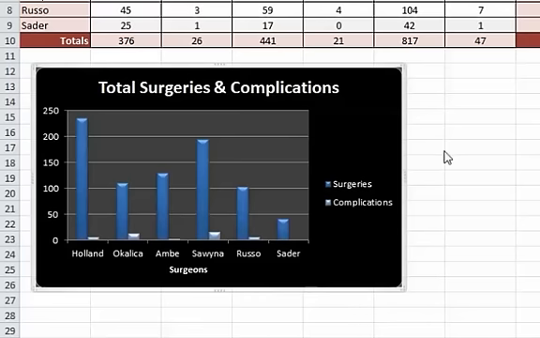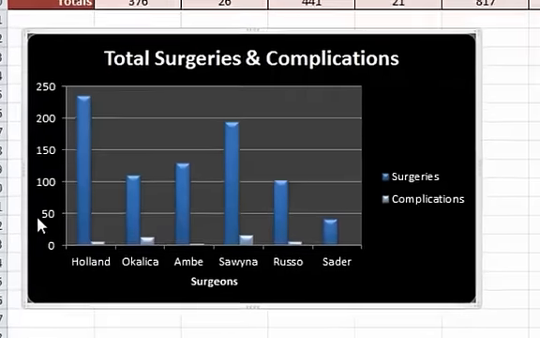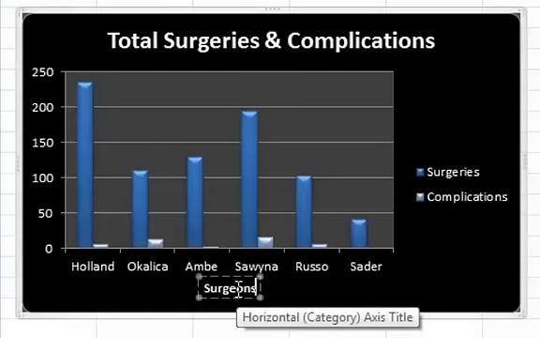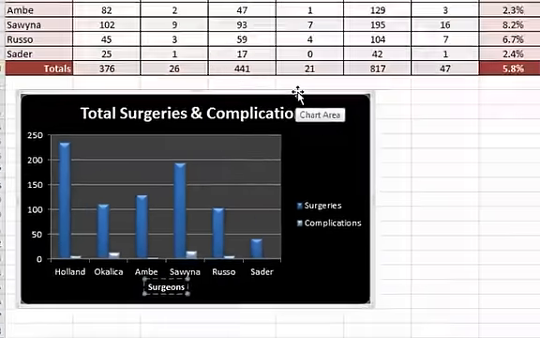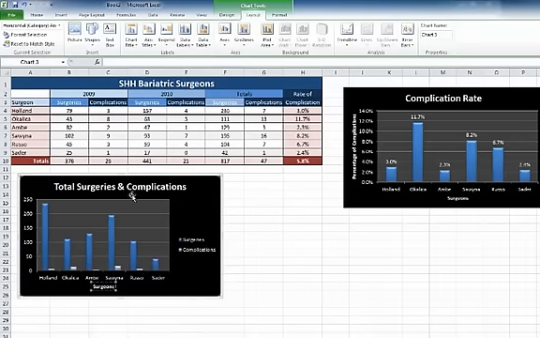Okay, now I filled in this data. One thing to note here is that I didn't need a vertical axis. I only put a horizontal axis title because I have a legend here, which is showing me surgeries and complications. So I don't need anything down here that would basically be saying the same thing. Okay, so this is my second chart, and my third chart I think was just, let's see,